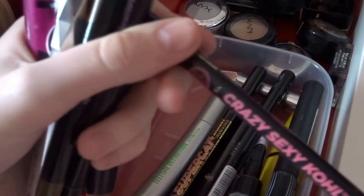Rimmel Volume Colourist, which is supposed to tint your eyelashes, but it never works. Benefit Goof Proof Brow Pencil, which is in the shade 3. Maybelline Duo Brow Pencil Thing. Soap and Glory Super Cat Eyeliner. Soap and Glory Crazy Sexy Kohl, I don't know what that says. Eyeliner. Maybelline Illegal Definition